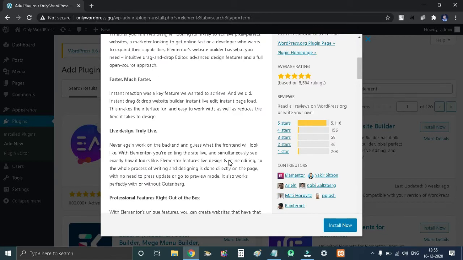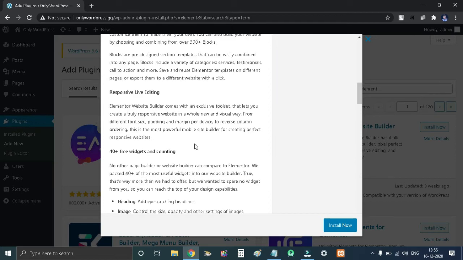And the cool thing is that you can create these pages just by dragging and dropping all the fields like text fields, paragraphs, images, and carousel. It provides many features, and in the free version also you get a lot of things. One more thing I would like to say about Elementor is that it provides responsive live editing. Means if you are editing any page or post, you can see it live on your dashboard. Not only on desktop, you can also visualize it on mobiles and tablets. All the things are given in a simple interface.